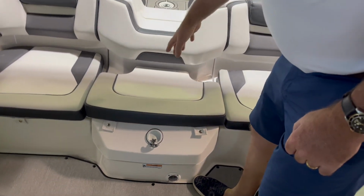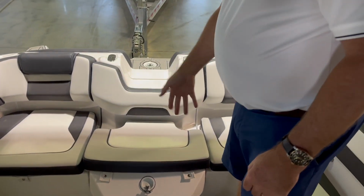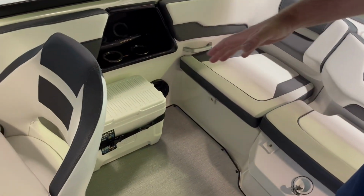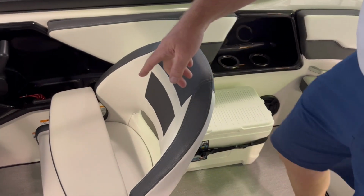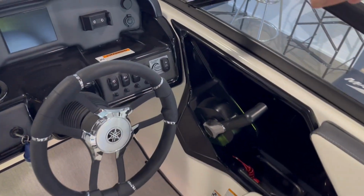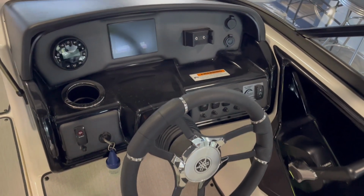There's a removable cushion in the center for a center walkthrough. Makes boarding easy in and out. Cooler. We've got twin captain chairs. We've got the bolster seat for the captain chair with a tilt steering wheel. We've got a cell phone holder, Bluetooth stereo system,